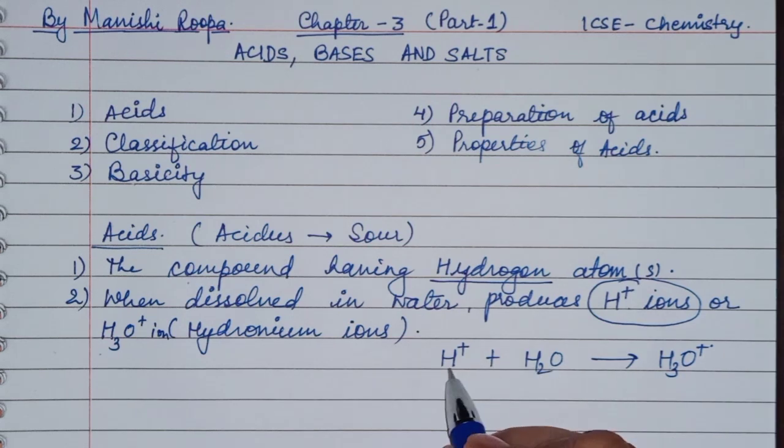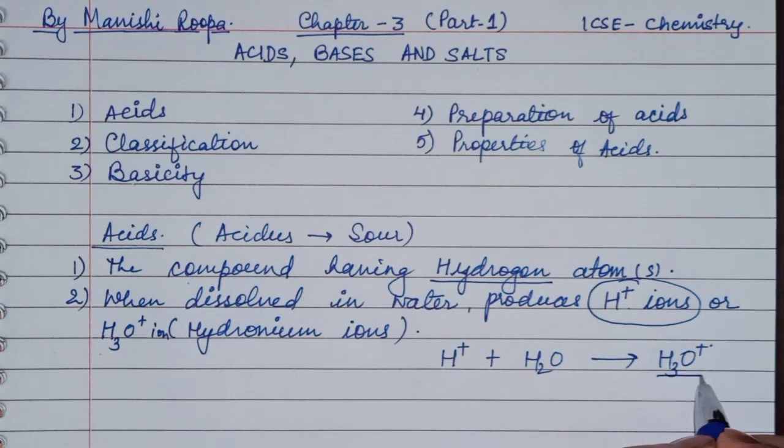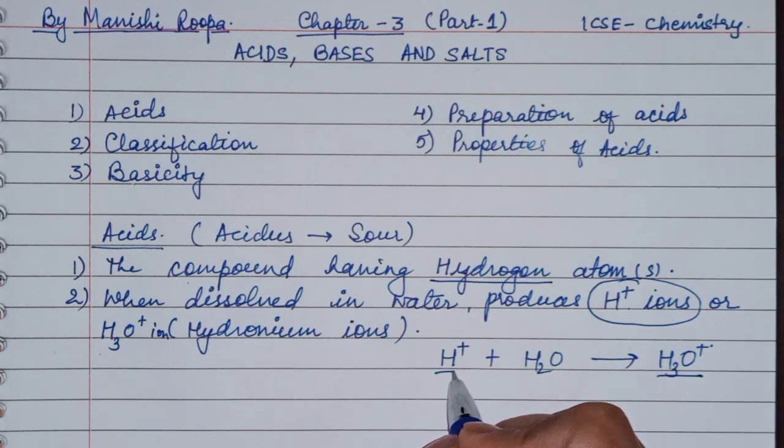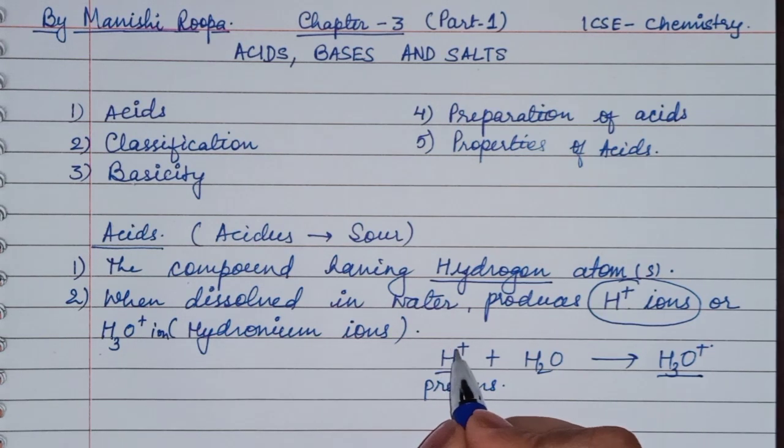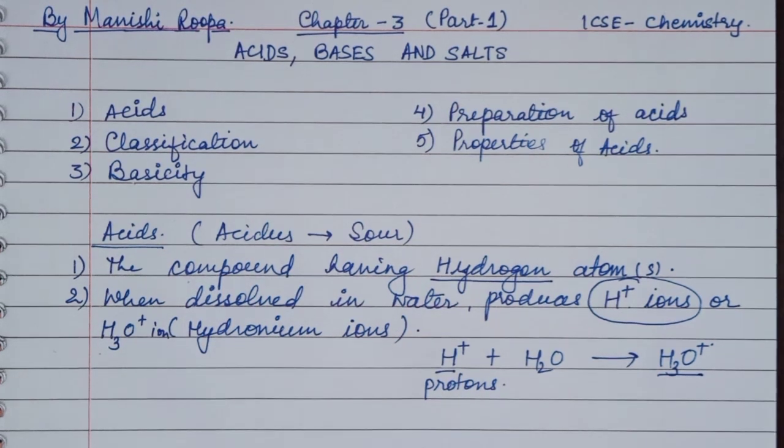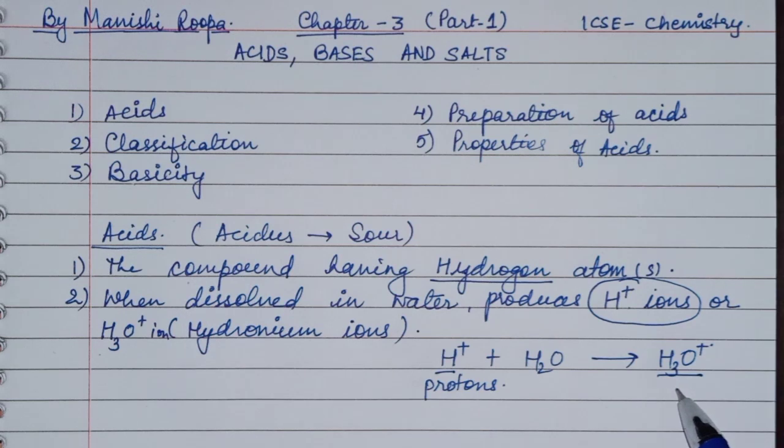See, H2O, you are adding one more hydrogen, that's why it is H3, and oxygen will have a positive charge. So this is hydronium ion and this is hydrogen ion. It is also called proton, because in this H plus ion no electrons are present, that's why H plus is also called proton. In some books you will see, children, that H3O plus is written as OH3 plus. This is also hydronium ion only, but the arrangement of atoms is different. So both are the same, hydronium ion only.